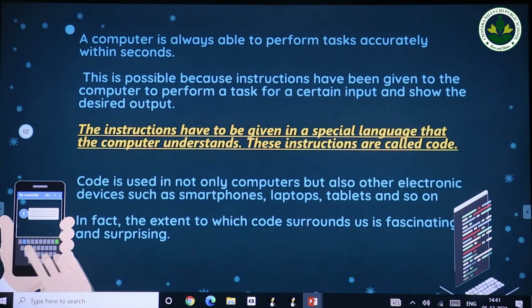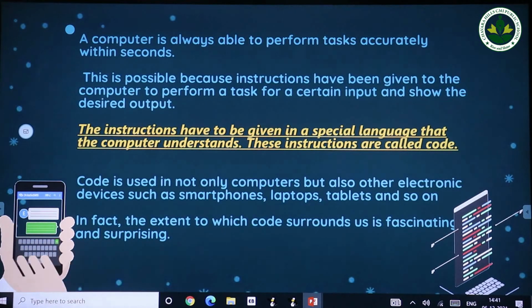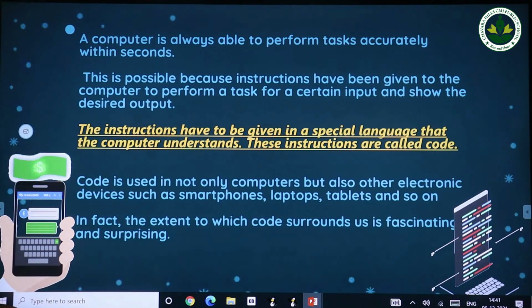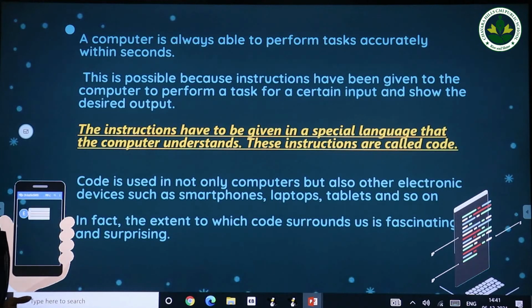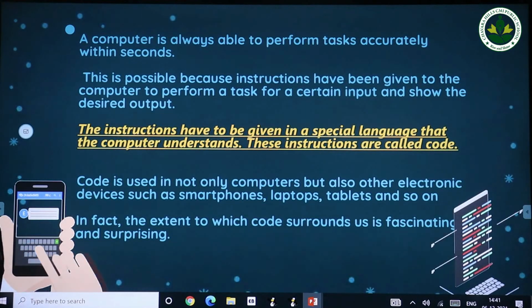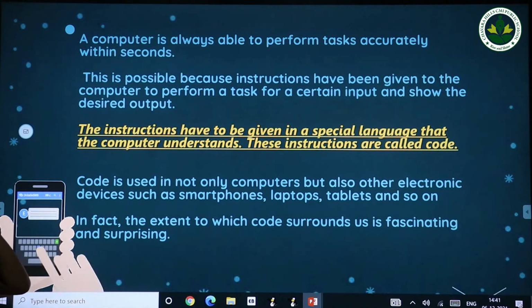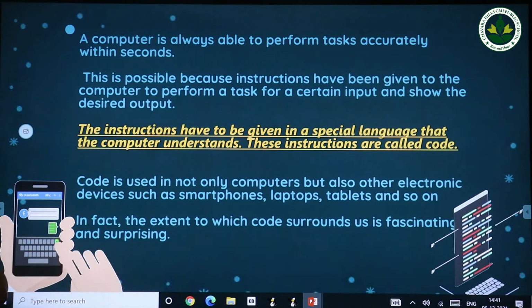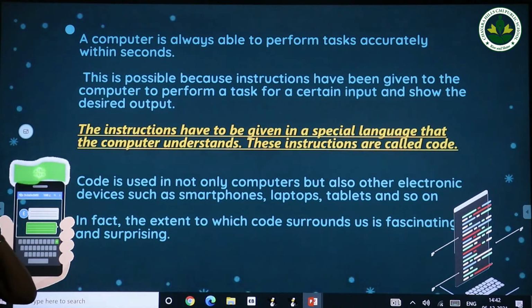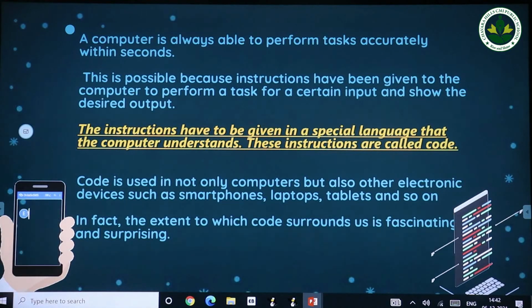A computer is always able to perform tasks accurately within seconds. We all know that whatever we do on a computer, it performs the task accurately and within seconds. This is possible because instructions have been given to the computer to perform a task for a certain input and show the desired output.